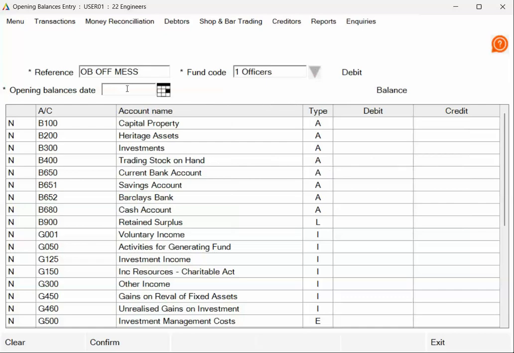And I'm going to put our opening balances date. So this is going to be the 1st of August, which is my conversion date. These are the balances as at that particular date. Because you're doing it partway through the year, you are going to have turnover against the G codes, the income and expenditure codes. So if we input our balances, we put how much is in the bank,